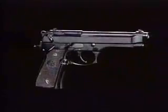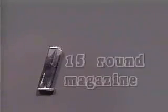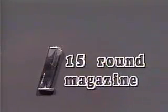The M9 9mm pistol is used for self-defense. This tape will show how this semi-automatic pistol uses feeding, chambering, locking, firing, unlocking, extracting, ejecting, and cocking in its cycle of functioning. It holds a 15-round magazine, and once a round is chambered and the pistol fired, expanding gases